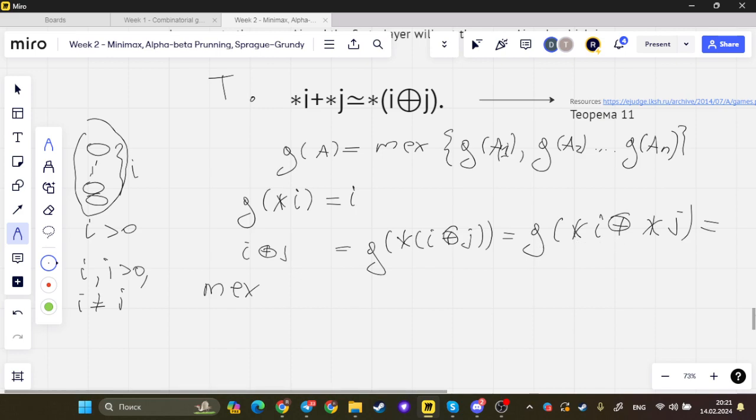According to our theorem, this equals the max of all the games that we can move to. We can go to E plus the null game and so on, E plus G minus 1 game and so on, star,